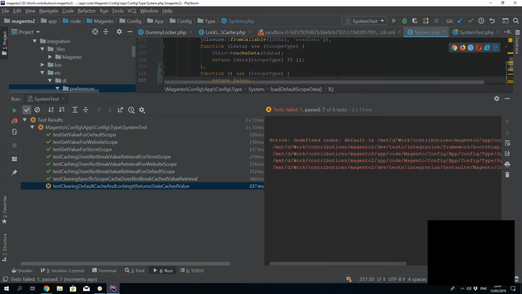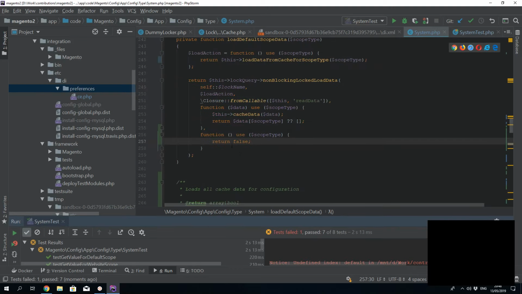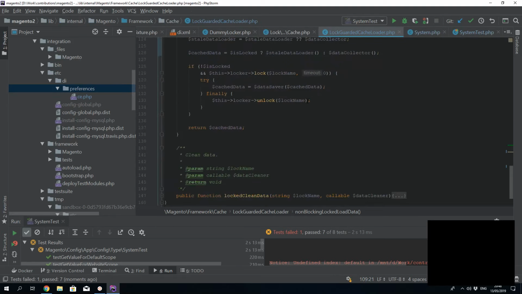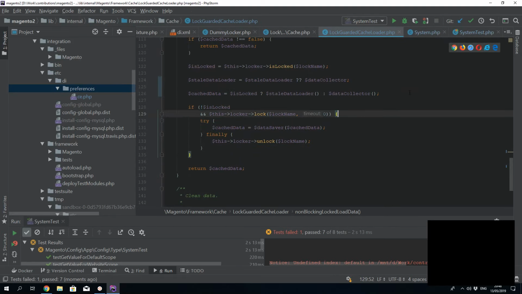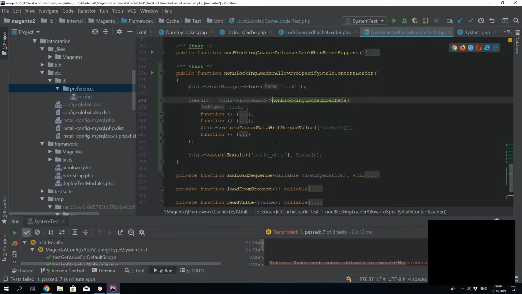I know why it's failing. Because the false is returned here. However, it also means that our method doesn't work well. So we need to add a little bit more logic over there. So here